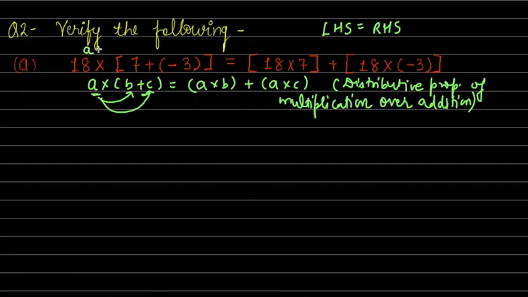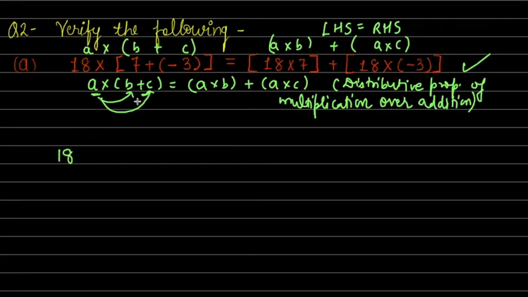Now here, if this is A, B and C, you see 18 into 7, which is A and B, so it is written as A into B. This is A into B plus C. This plus sign as it is, let's put in the bracket, and this is again given as A into C. So the question which has been given is in the form of the distributive property of multiplication over addition, right? And if it is a property, both the sides should be equal. So we will verify whether both sides are coming equal or not. So let's see.